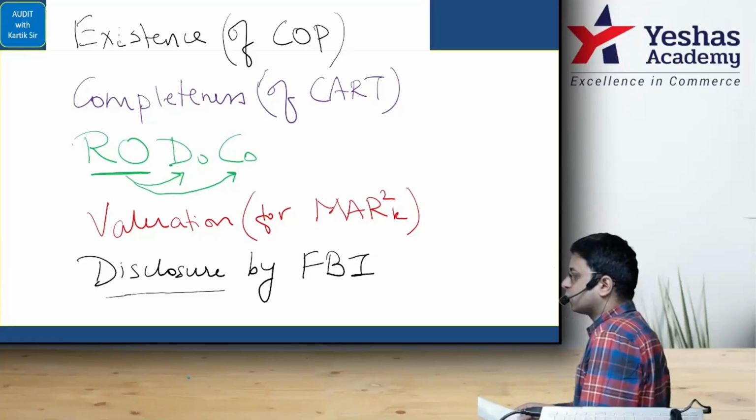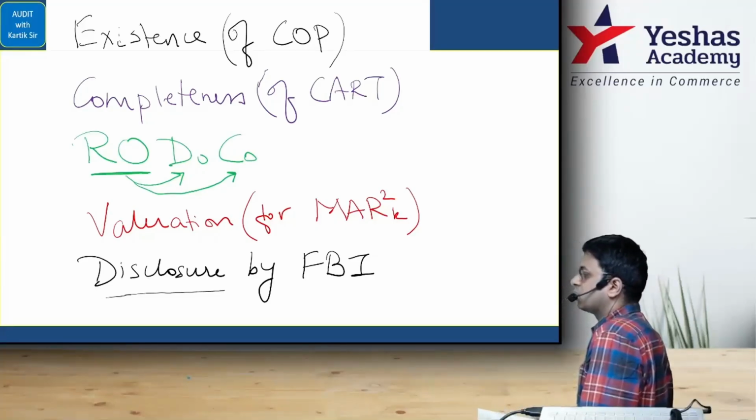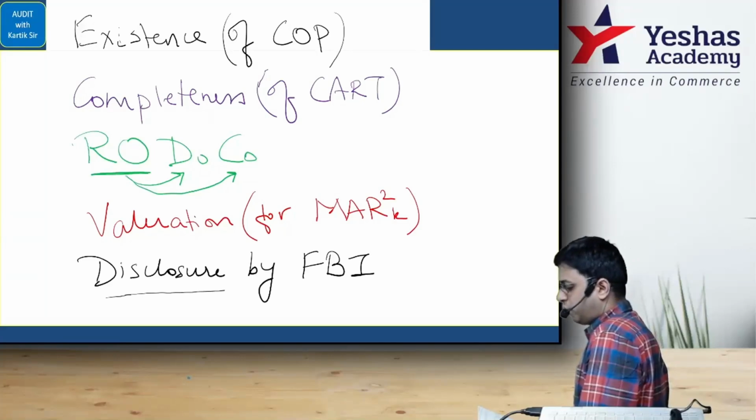Finally, write the presentation and disclosure. We'll write a code called FBI disclosure. Right, FBI disclosure. We'll write the disclosure and just add there FBI. Now the first point that we'll take, my dear students, is FBI disclosure. F is what? Underline the financial statement review. Underline the financial statement review. That is one.